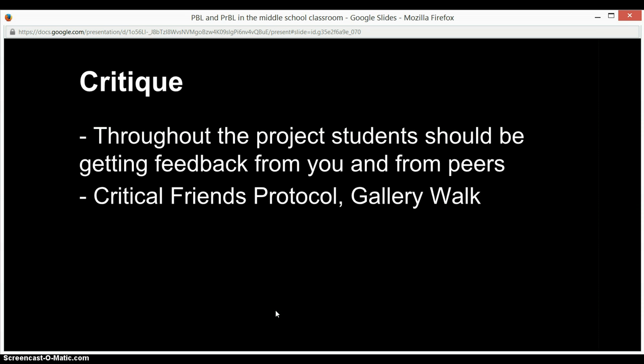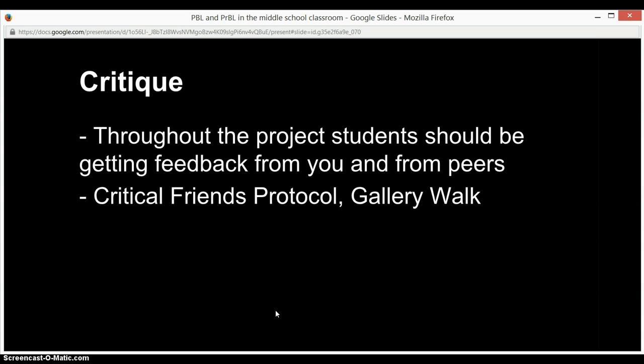I see a lot of teachers tend to keep the critiquing at the end of the project, so the students do their presentation and then they're given critiques from the students, which is fine, but I think there's something to be learned from critiquing a project before it's finished and allowing the students to make changes based on the criticisms of their classmates. So one time, for one of the projects that we did for 7th grade, not this ecology one, but another one, about halfway through the project, I put 2 groups together,